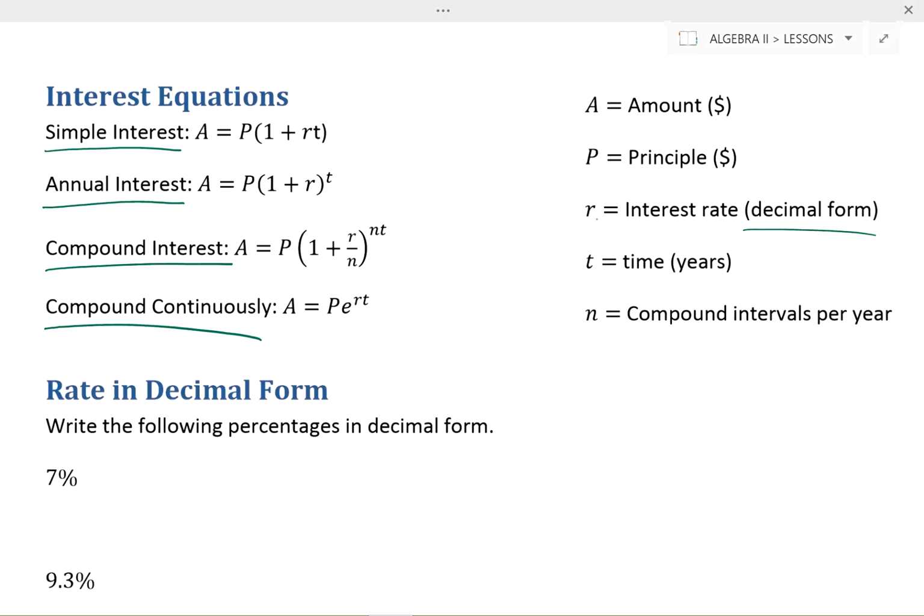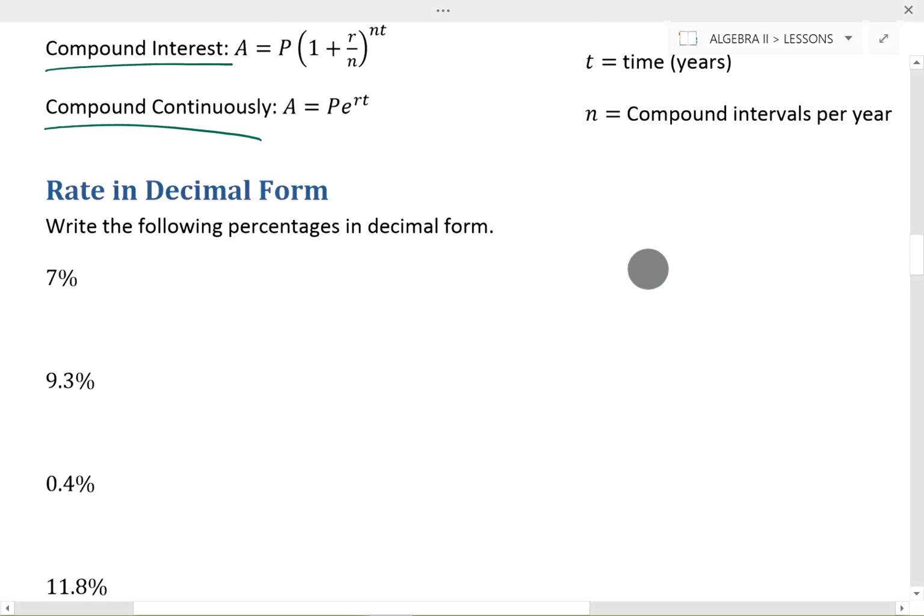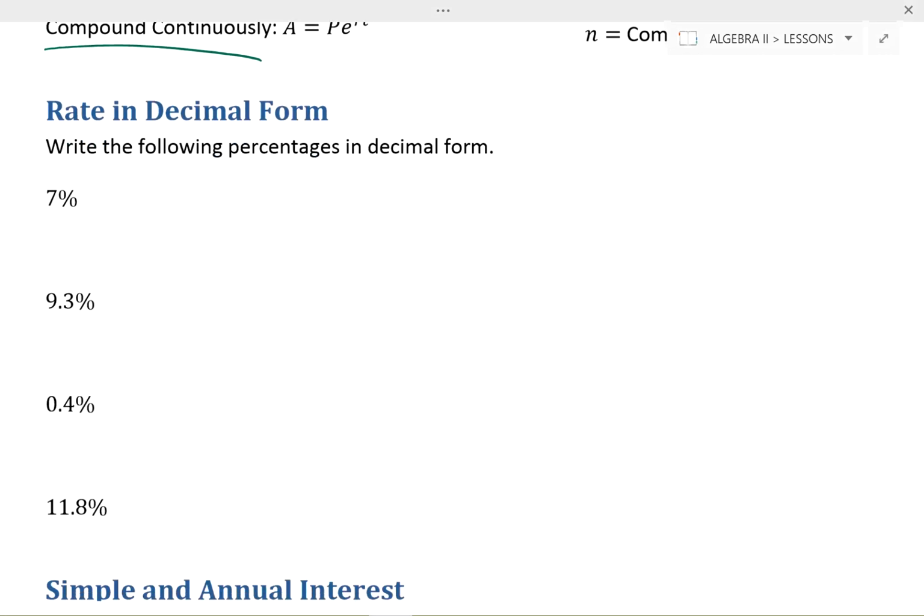So now, to drill home this idea that interest rate needs to be in decimal form, let's take a look at a couple percentages here, because typically speaking, when we're talking about investment or money, growth or decay, whether we owe or whether we gain money, it's typically given in the form of a percentage. But in the equations, we don't want them in the form of a percentage, we want them in the form of a decimal. So how do we take a percentage and turn it into a decimal? Well, we take its decimal point and move it over two spaces to the left, so this becomes